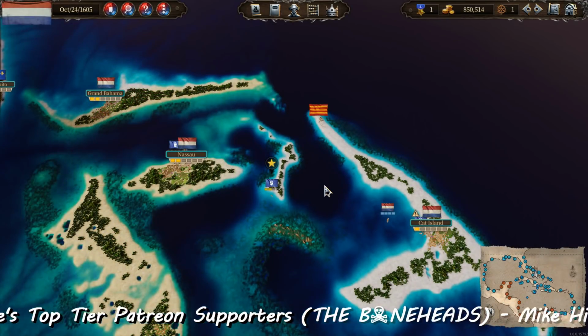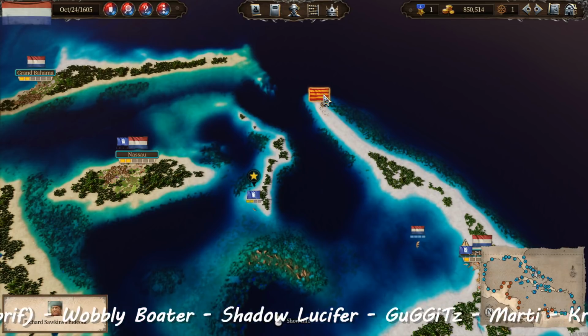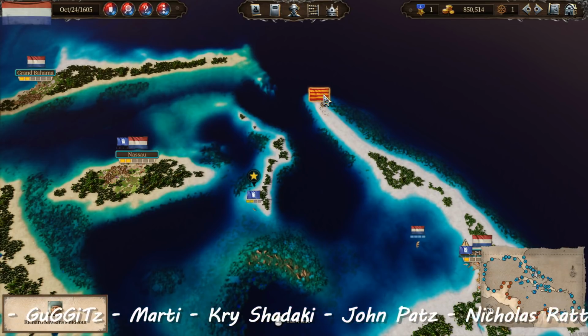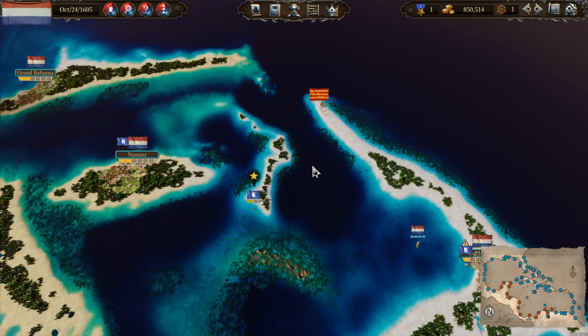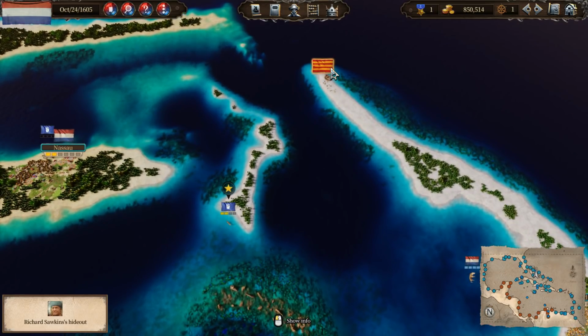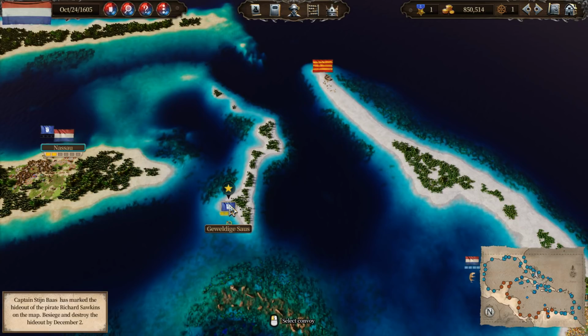Welcome back, guys. In this episode, we're going full on pirate. We're attacking Richard Sorkin's hideout. Ha ha ha ha, me hearties. Strap your parrots on tight, boys. We're going in. Before we go in and do this, though, there's one thing I want to do with the